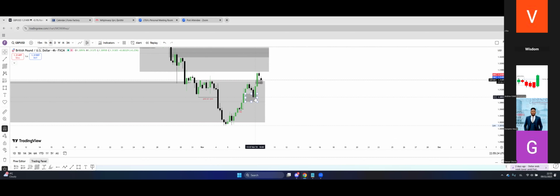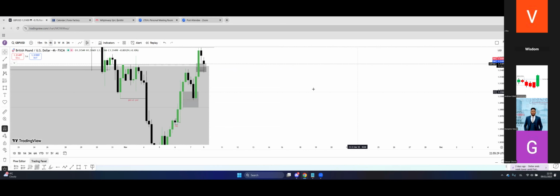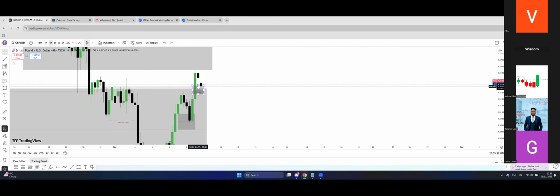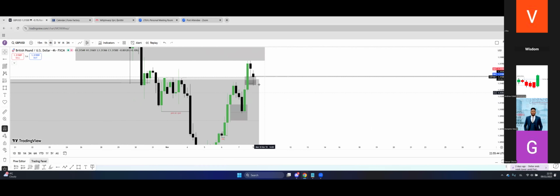So where is the last area? Here. Do I expect price to come all the way down here? No. Where is the point of interest that price may be coming to? This inefficiency right here. Because breaking above this high is liquidity, coming back to this area is inefficiency. And also seeking the low of this previous 4 hour candle right here. It's liquidity into this inefficiency. You have to follow the price action. What the market is saying, it's saying something to you. You have to follow it.